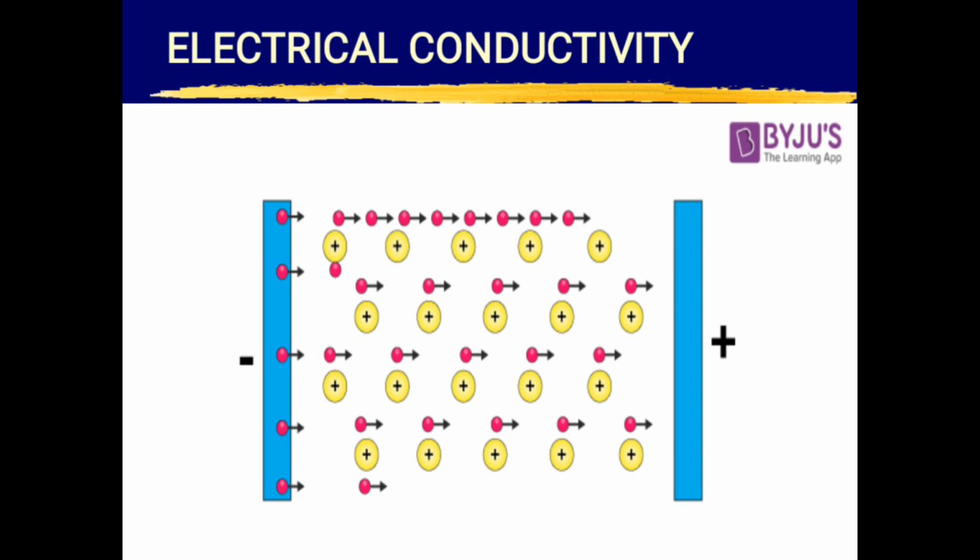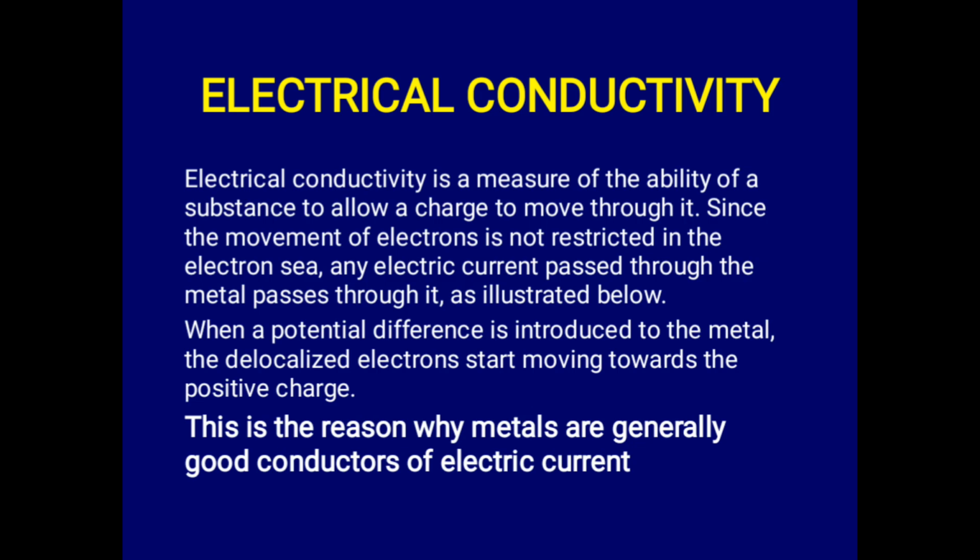Now, this is for electrical conductivity. They are also good conductors of electricity. Electrical conductivity is a measure of the ability to allow a charge to pass through it. Because of the movement of electrons that we have mentioned the other time, the movement of electrons in metal is not restricted. So when you pass electric current through a metal, as illustrated here,